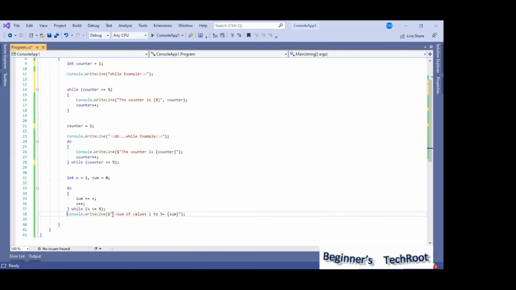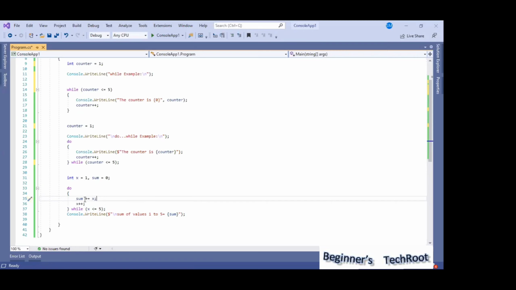After this I am writing the value. So inside, what I am doing: I have declared two variables x and sum, x assigned with 1, sum assigned equal to 0. And here the variable sum plus equal to x I have written.